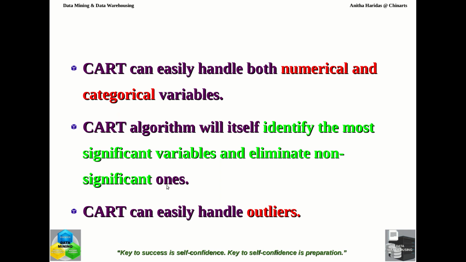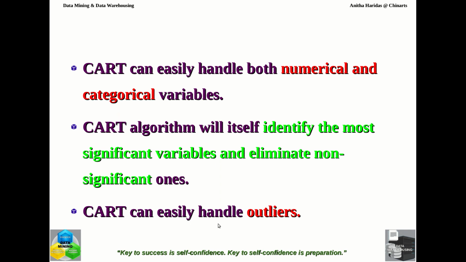So if you have around 6-7 attributes, the CART algorithm will first check what are the significant attributes and what are the non-significant attributes. So automatically, pre-processing is not required in the CART algorithm. The analyst need not say which are the significant variables and which are non-significant. Instead, the algorithm itself can identify which are the most significant variables and which are not by tracing the entire training data. That is one of the biggest advantages of the CART algorithm.